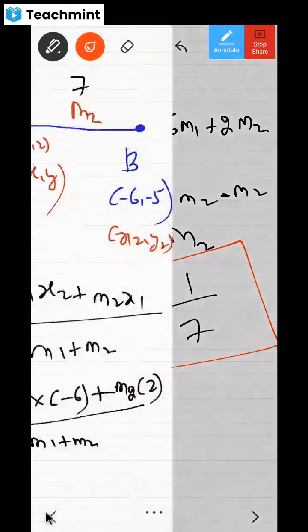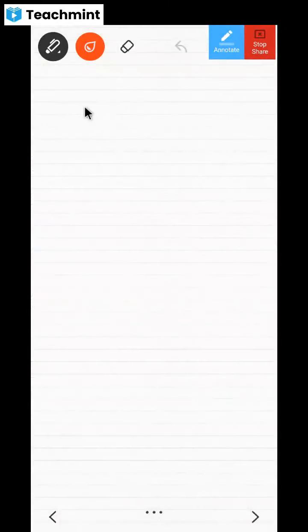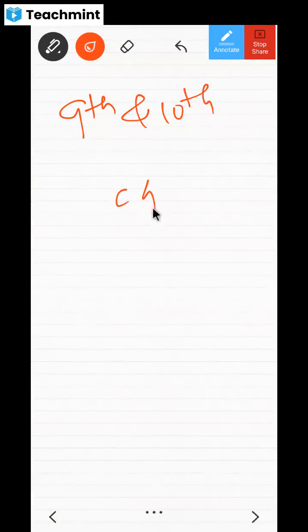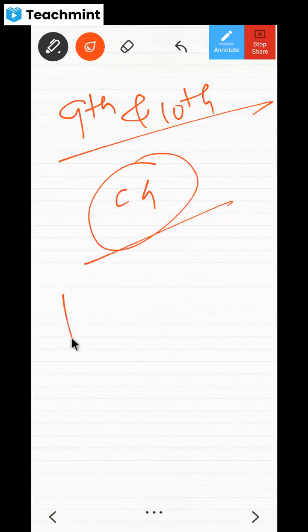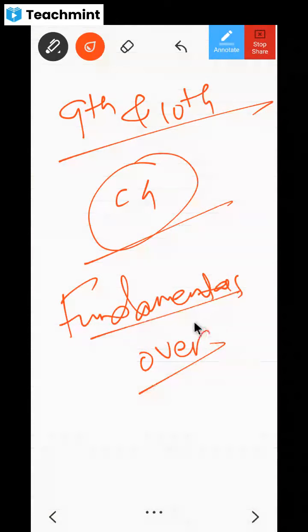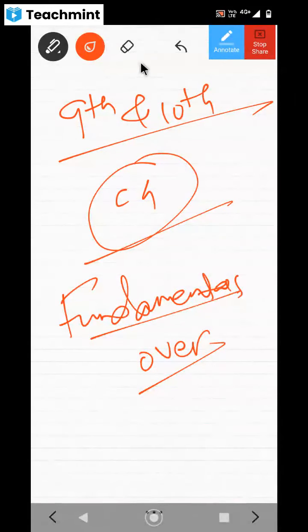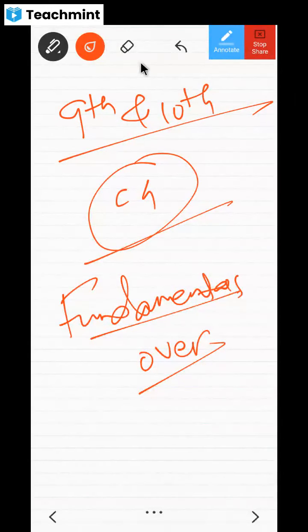Next problem, as the complete syllabus of 9th and 10th standard coordinate geometry, all fundamentals, is over now. Okay, now you have completed 9th as well as 10th standard coordinate geometry. If any one of you haven't attended these classes, they are uploaded on YouTube. You can go to the playlist. You know how to go to the playlist, dear children? You can always check there.